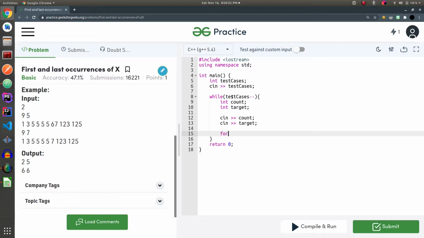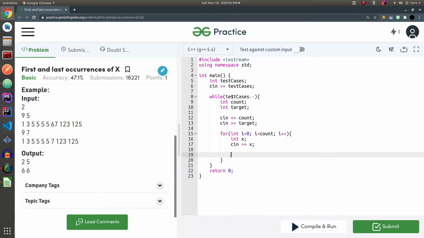So I'll use for int i equals 0 and i less than count, i plus plus. I'll make use of one variable to store the value of the element, int x, cin x.